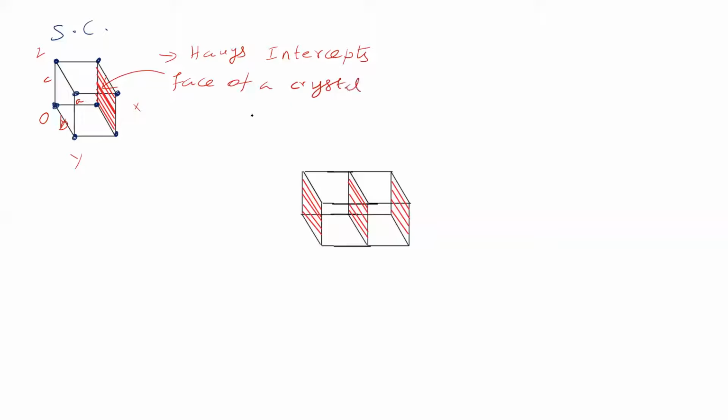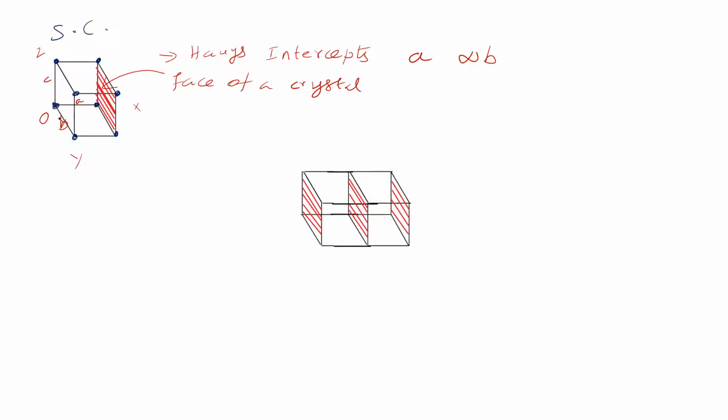Face of a crystal is mentioned. For this face of a crystal, in the OX axis, what is the intercept? The intercept is A. For the y-axis, this face will continue continuously; where it completes we do not know. Therefore, in the y direction, the intercept is infinity B.